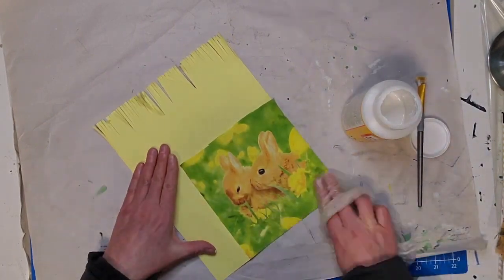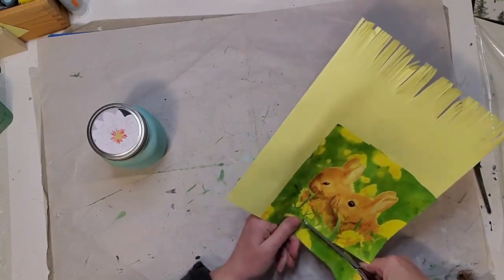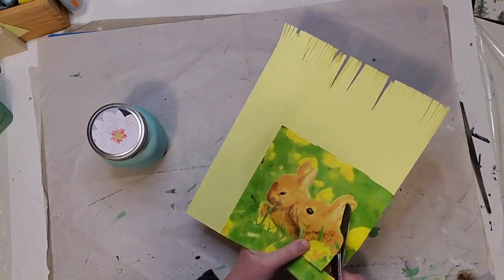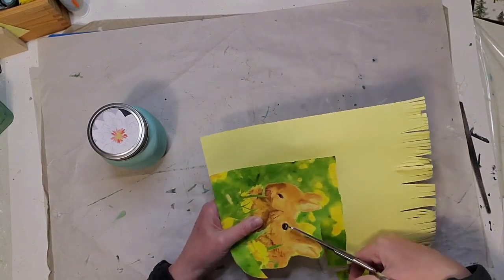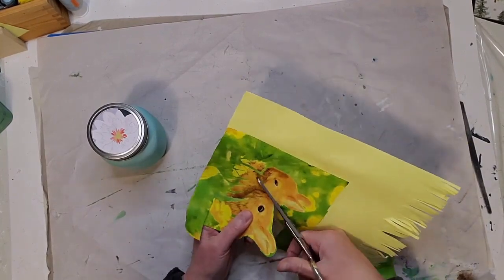So I did use a blue chalk paint that I had on hand that I forgot that I had, that I could probably have sprayed the bottle with in the first place. So now here I decoupaged a napkin to some cardstock, and I'm cutting out the rabbit image, and well, I'm